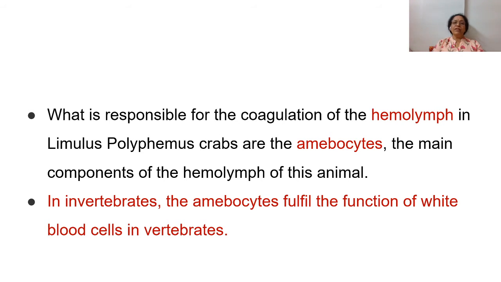So here, coagulation of the hemolymph in this Limulus polyphemus crab: the amoebocytes are the main component of the hemolymph of this animal. And here, manufacturers separate this factor, the amoebocyte, from it and label it as a LAL reagent. And in vivo, that is when it is present in the body of the horseshoe crab, it is